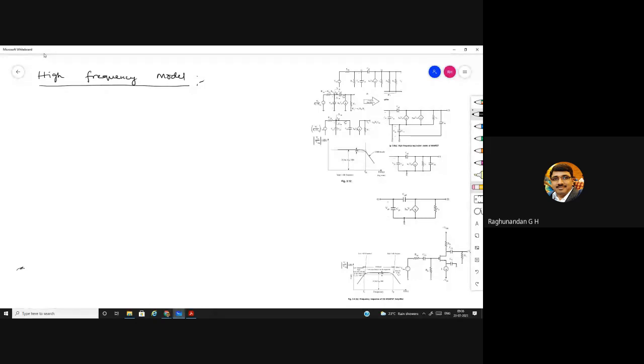But when we are considering high frequency modeling, even these small minute things we will consider also. So that is where we are going to consider the junction capacitance, which is going to be exhibited by the junctions of the MOSFET. Since we are discussing the modeling with respect to the MOSFET, here also, according to our MOSFET structure,